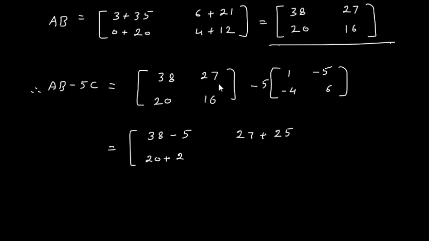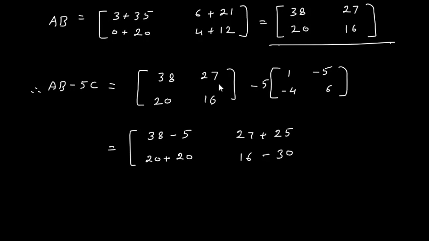plus 20. Okay, what I am doing, this 5 is first going to be multiplied by all these numbers and then it is going to be added. Means if you multiply by 5 and then subtract, this is minus sign. So this 38 minus 5 we got here 38, minus minus we got plus, okay, like that. Here 20, this minus minus it will become plus 20, and then here it is 16 and minus 5 into 6